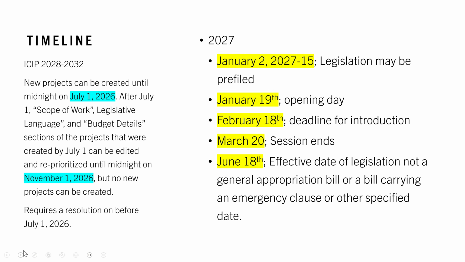Thank you. When I first looked at this timeline, I was confused because I thought, February 18th deadline for introduction, well, it opened on the 19th. How do we get the cart in front of the horse? Then I was reminded next year is a 60-day session as opposed to a 30. So several days will go by and legislation will take place, and projects can be put in as late as February 18th. They actually put a bill through, or I don't know how far it went, but they were trying to change them all to 45-day sessions. How fun. Okay, okay. Do away with the 30-day.